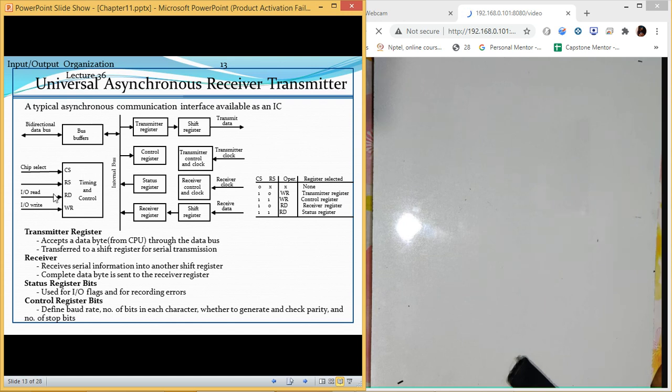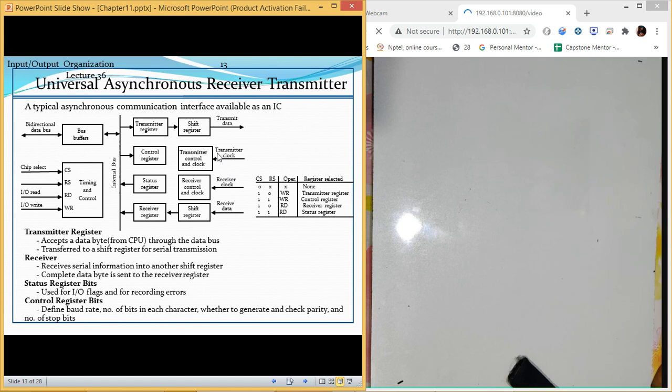So if the value of RS is 0 and there is a write operation, it can be done on these two. So for 0, write is done on transmitter register, and if the value of RS is 1, then the write function is working on control register. Then similar for read. If the read operation is enabled, then RS is going to do the same task. If it is 0, then receiver register will be used. If it is 1, the status register can be used. Now at this place they are showing it opposite, so you can just change their location as per your requirement.